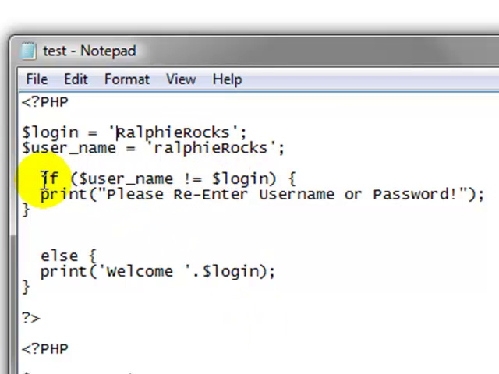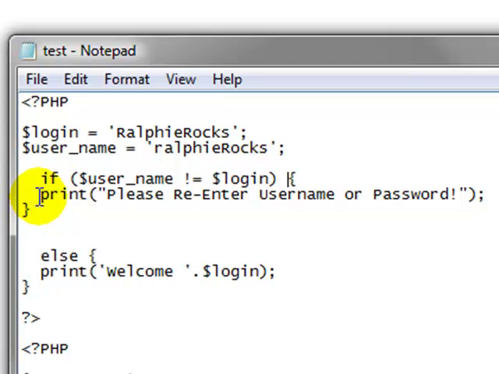So we say for our conditional logic statement, the if statement, I'm sorry, we say if the username is not equal to the login name, we use our bracket to open that up,